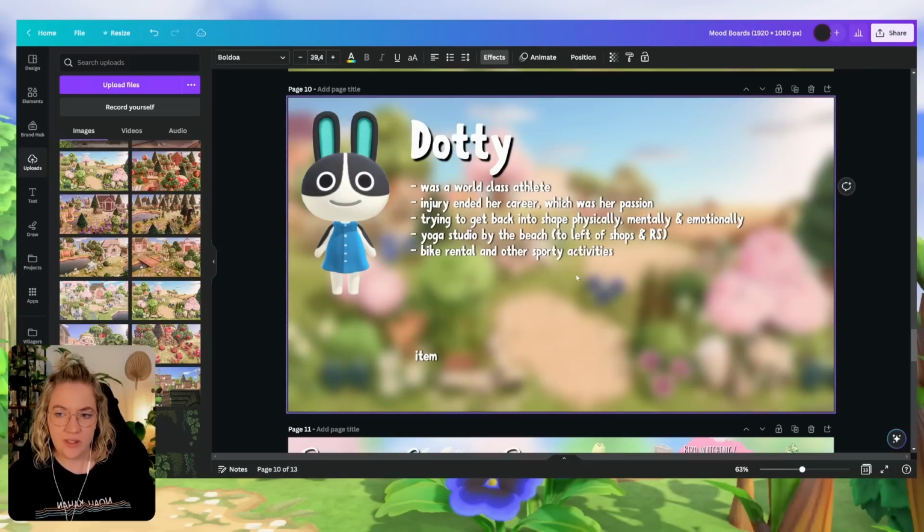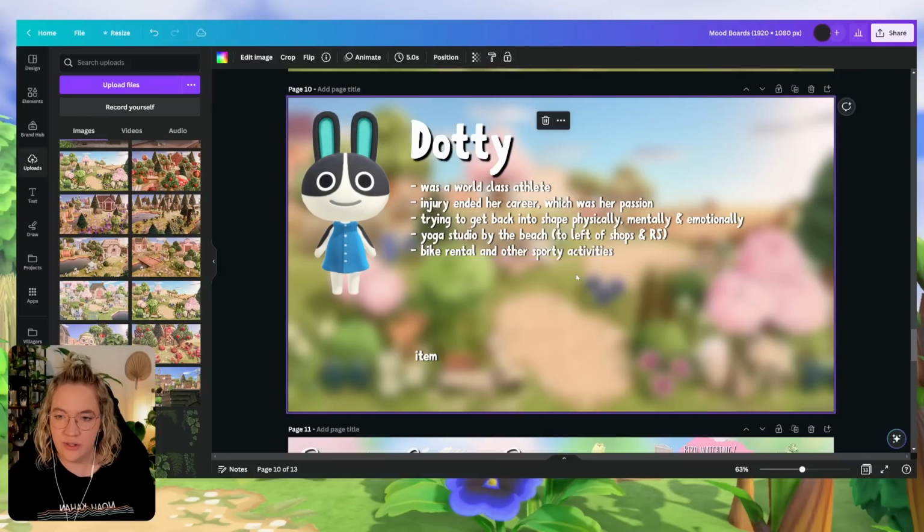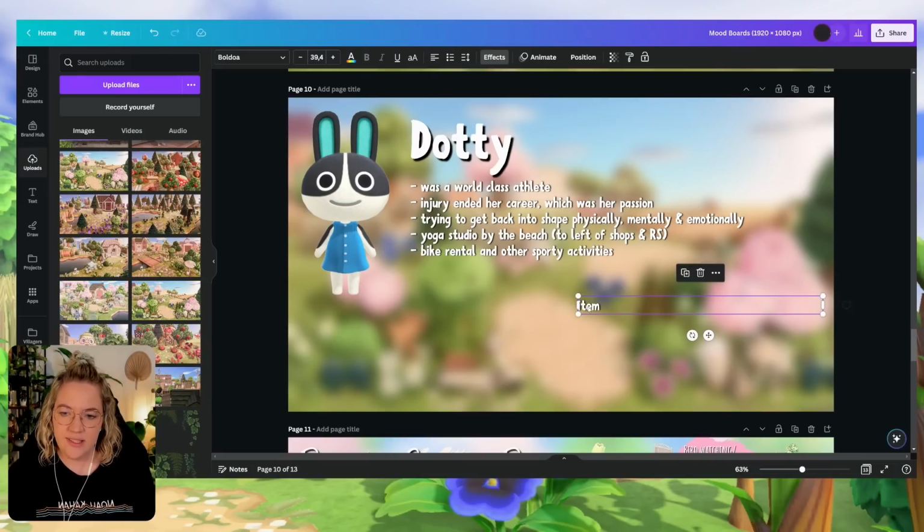All right, so she was a world-class athlete, an injury ended her career, which was her passion. So she's trying to get back into shape physically, mentally, and emotionally. Love that. So I just took that in here. And then she will have a yoga studio by the beach to the left of the shops and the resident services, and a bike rental and other sport activities. If she can't do stuff herself, at least she maybe wants to teach others, which I think is very sweet. So as items, obviously we're going to use the yoga mat,